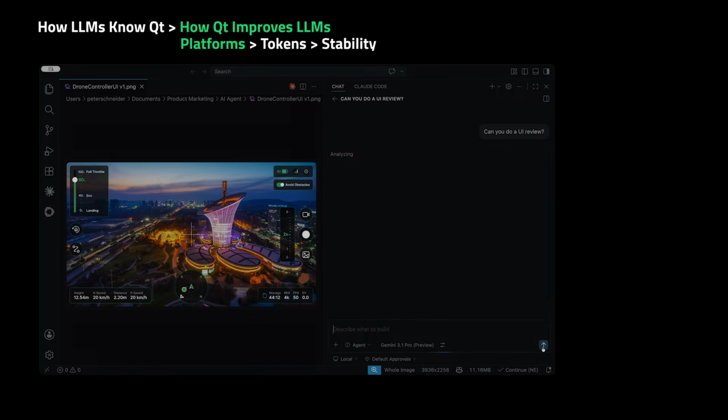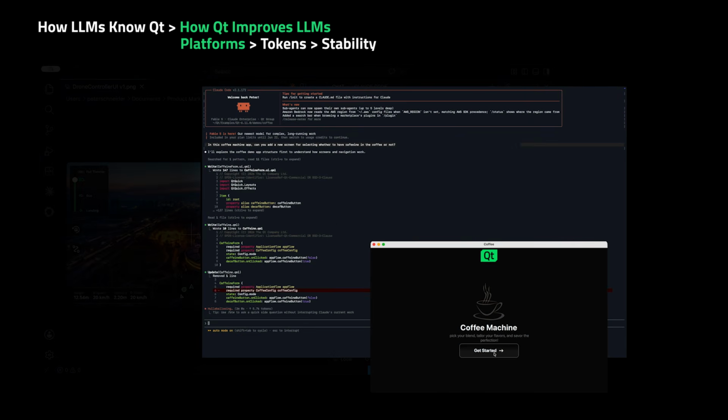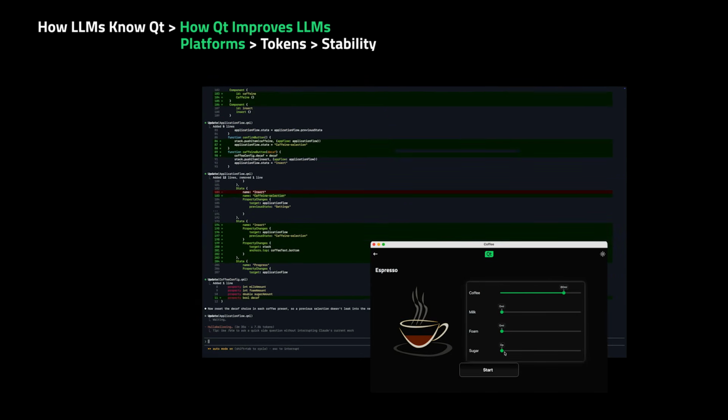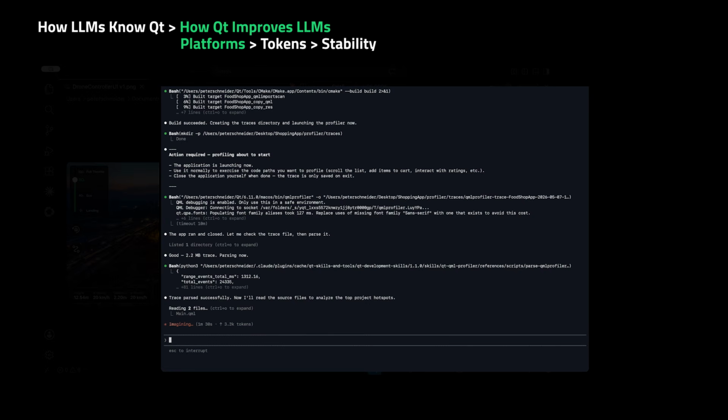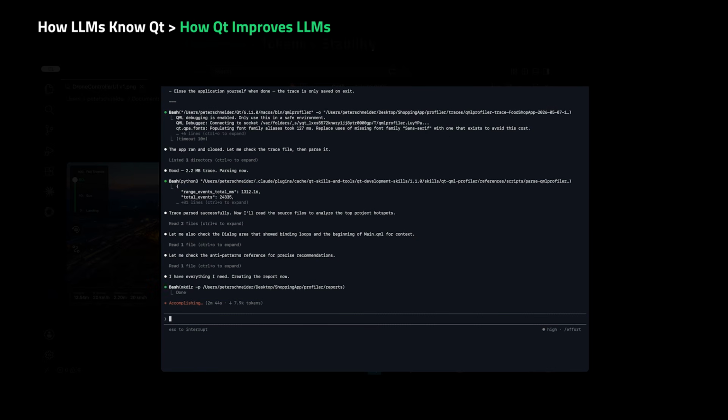So it is no longer about just the agent knowing the framework. It is the whole agentic workflow, from framework to toolchain to the target. And the generated code is lean, because we have taught the agent the best practices for resource-constrained hardware.